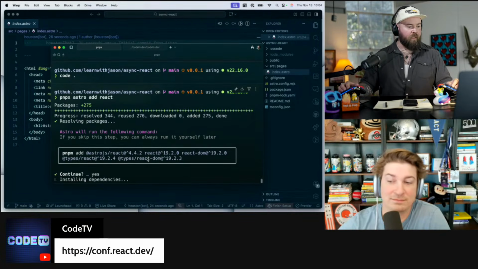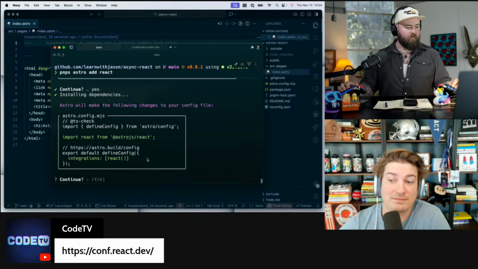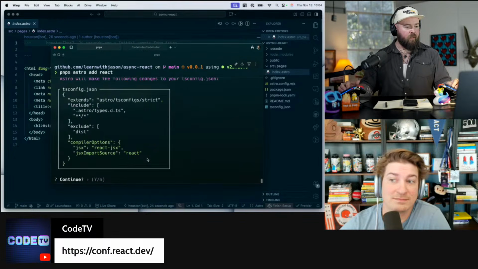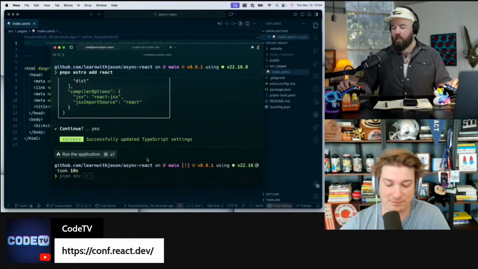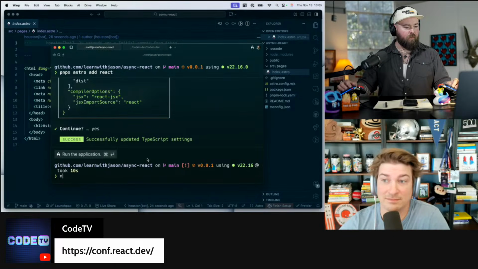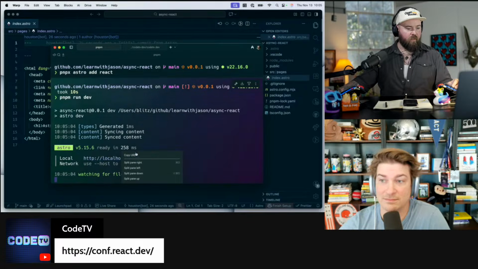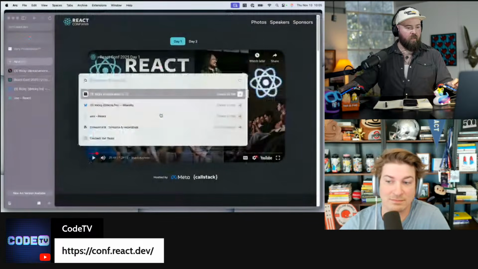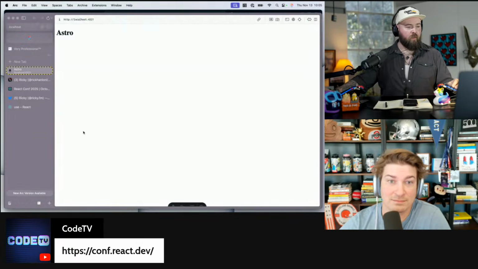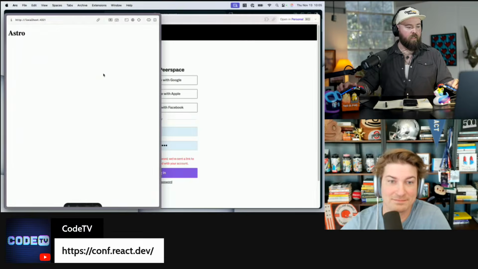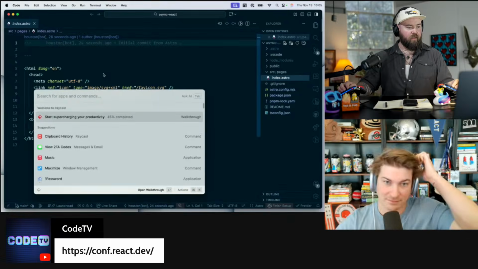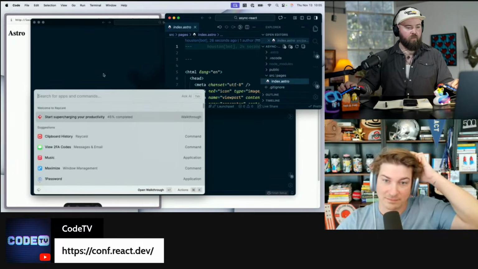Okay, so I'm just adding in React here so that we have access to writing and running React inside. And then I'm going to pnpm run dev, and that's going to give us our app, which will be running out here in localhost. So we've got our extremely minimal app, and I'll take this to the left half, and then I'll take this to the right half.